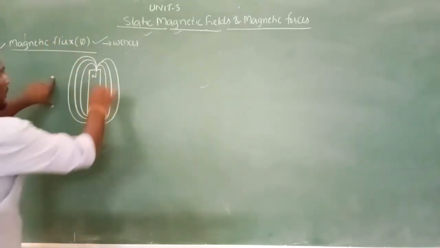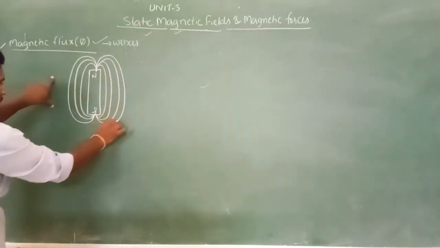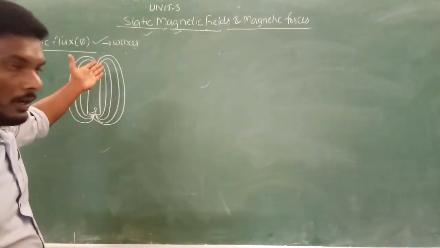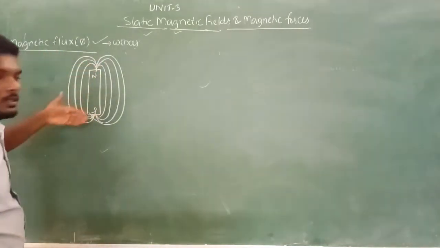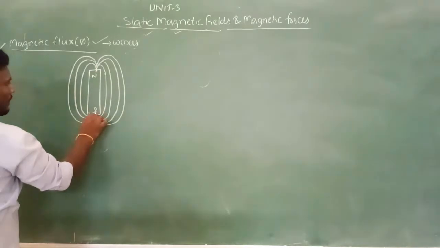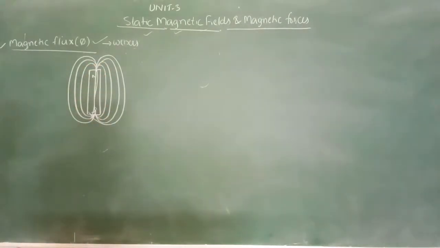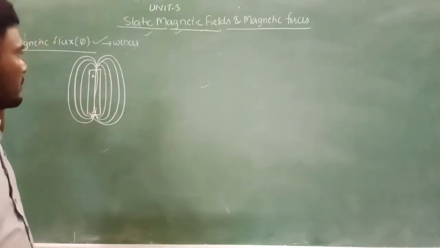Okay. The properties of these magnetic field lines are that they go from North Pole to South Pole outside the magnet, and it is a complete path from South Pole to North Pole inside the magnet, like this. Okay, so now we'll try to define the magnetic flux.